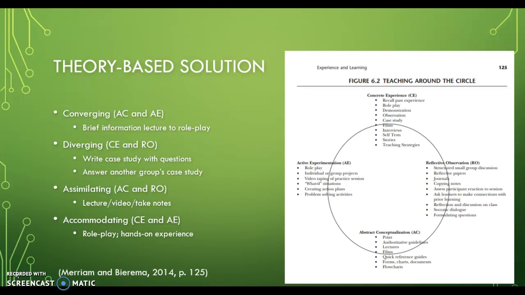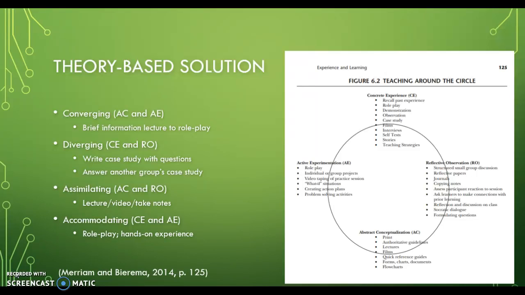For example, to attend to convergers, these types of learners are great at applying ideas to situations. Thus, a workplace training could include a brief lecture of information and then a chance to apply that information in a role-playing activity. This would give adults and non-adults with experience a chance to apply their experience, and adults and non-adults lacking in experience the opportunity to use the lecture information while gaining experience in the role-playing activity.